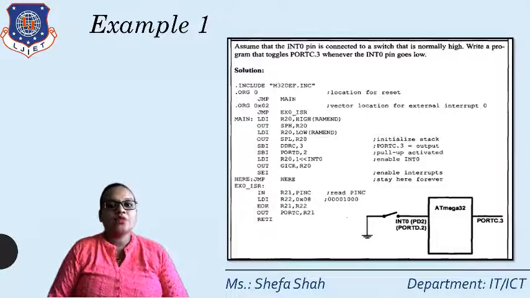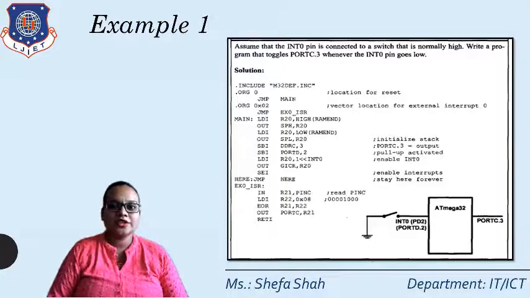Now, again, we are monitoring port D, which is INT0. So we are making pin 2 normally high: SBI PORTD, comma 2. So port D is initially high, right? Now we will enable the interrupt INT0 in the GICR register. We will load a register, that is R20, using the LDI instruction, with 1 shift left INT0. That means we are making the INT0 bit a 1. And this data in R20 will be moved to the GICR register using the OUT instruction. And last, SEI will be executed, that is set interrupt.